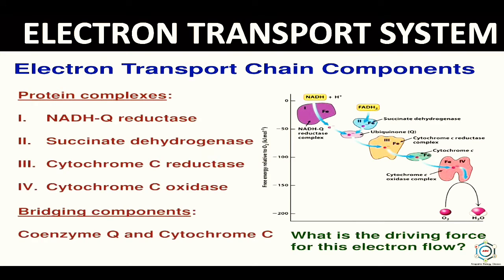The various components of the electron transport system include cytochrome B, two types of cytochrome C, ubiquinone, flavoprotein, that is FMN or FAD, iron sulfur protein, and enzyme cytochrome oxidase, which is intimately associated with cytochrome A and A3. These components are arranged in four kinds of complexes: complex 1, that is NADH dehydrogenase complex, complex 2, which is succinate dehydrogenase complex, complex 3, which is cytochrome BC1 complex, and complex 4, which is cytochrome oxidase complex.